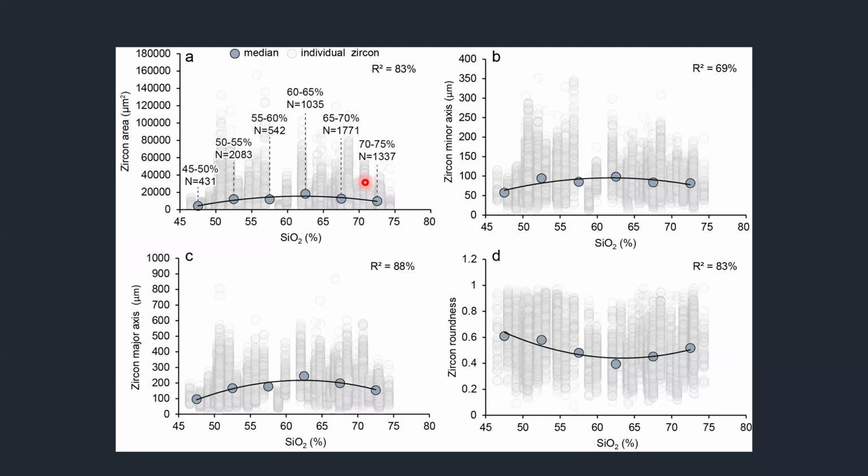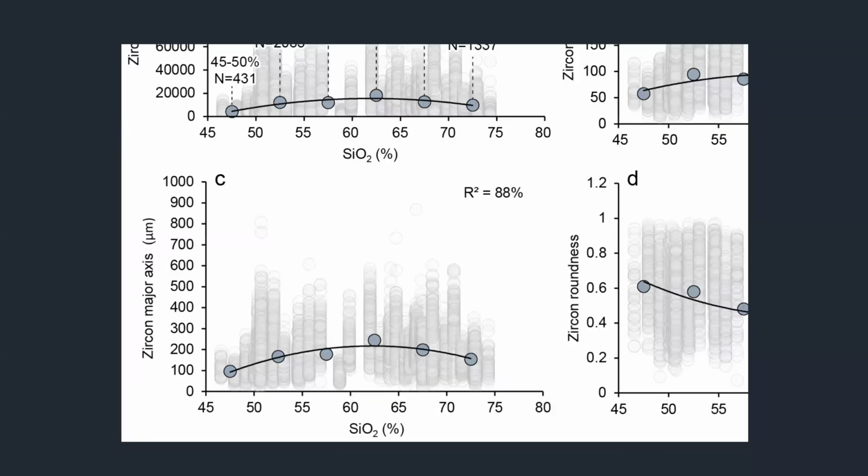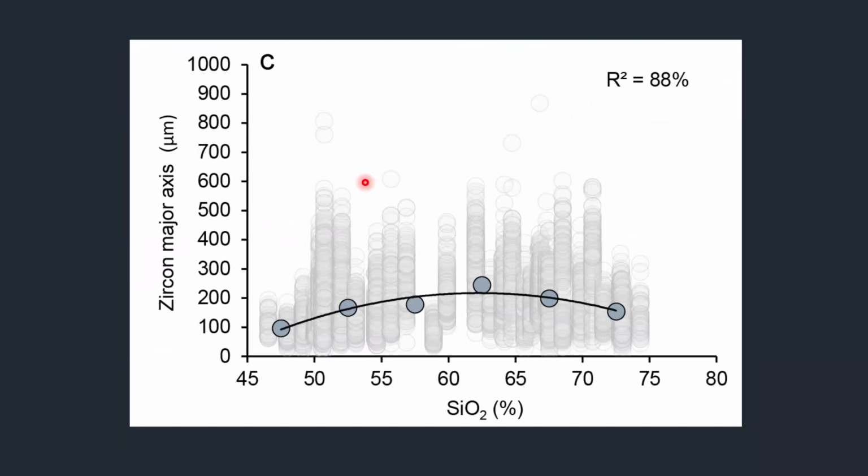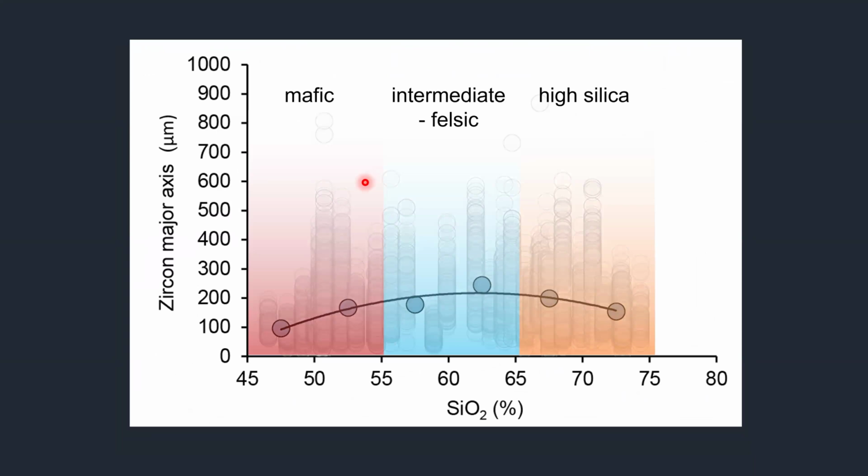I am illustrating high-level patterns and also the tremendous amount of scatter or variability of the shape parameters that surround that trend. Now let's take a closer look at what we see in this trend. And I'm going to propose that we're looking at, broadly speaking, 3 crystallization regimes. We have our very low silica crystallization, where we see this increase in our size parameters, our intermediate to felsic, where that gradient flattens out, and then our very high silica rocks, where we see a reversal in the size